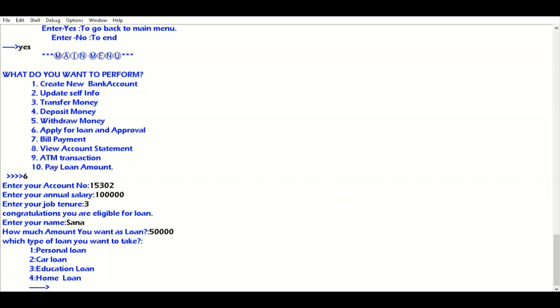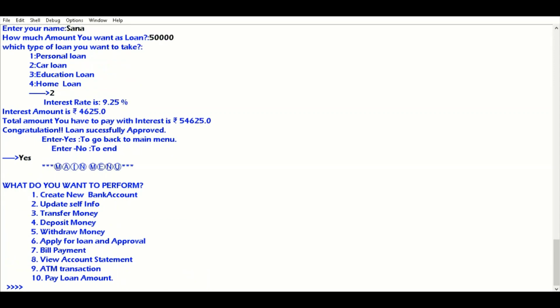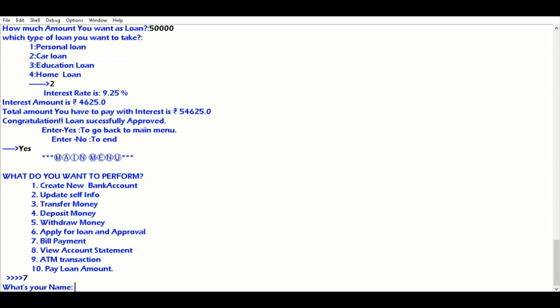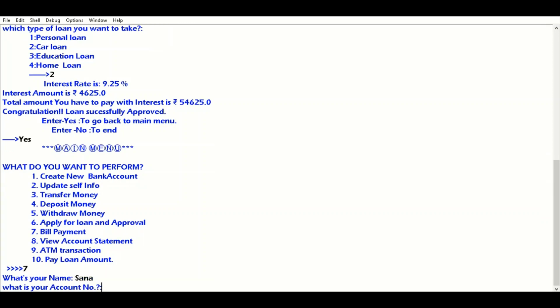And will again ask you whether you want to continue or not. We can also perform bill payment by giving our name, our account number, and the bill number. If the account number entered is incorrect or is not available in the bank, it will ask you to enter again. Now let's enter the correct account number,